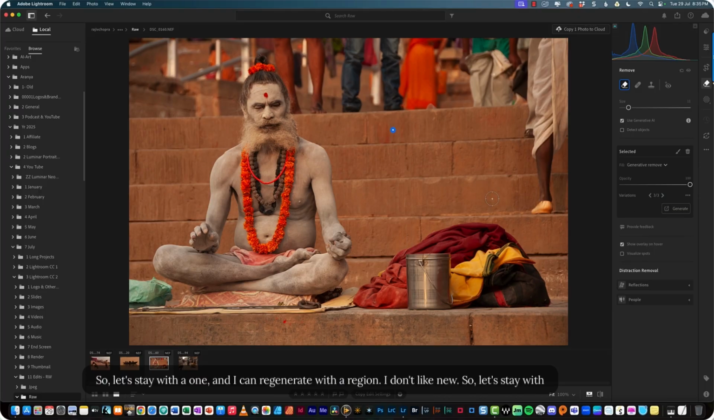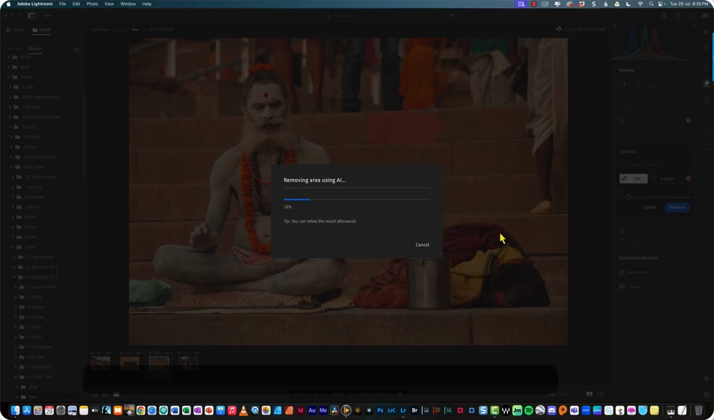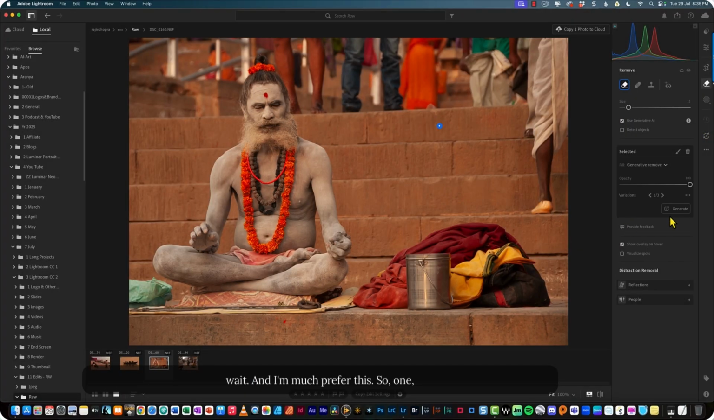Okay, so let's stay with this, and I'm going to run the mask again. Okay, remove. So now you wait and you wait, and I much prefer this. So you can see option 1, option 2, option 3. So let's stay with option 2. There you go. Now we can remove distractions, which may be these people, and I will press